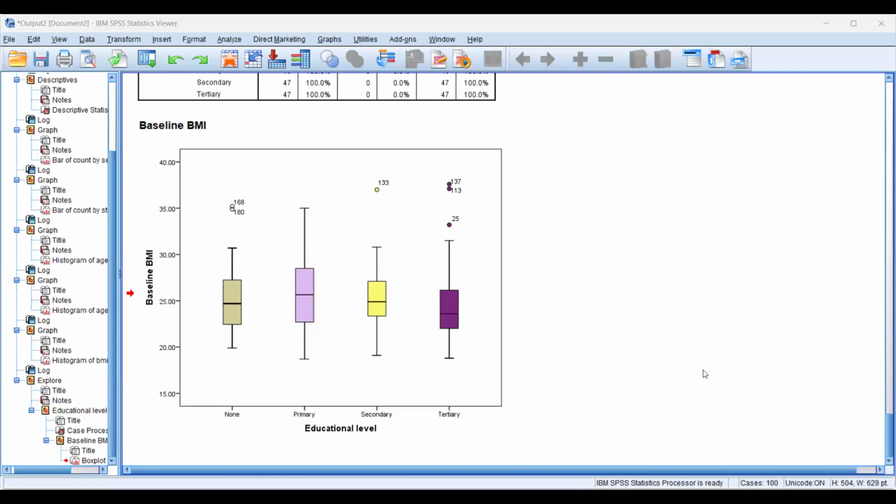I'm so sorry, but can we see this particular one with educational level, please? Yes, we can see. And the outliers, yes. I will just run the same box plot with 2 more variables just for us to have an idea of different appearance. So box plot now, the simple type, define. Instead of the baseline BMI, I'll be using the serum cholesterol, and then I will still run it for